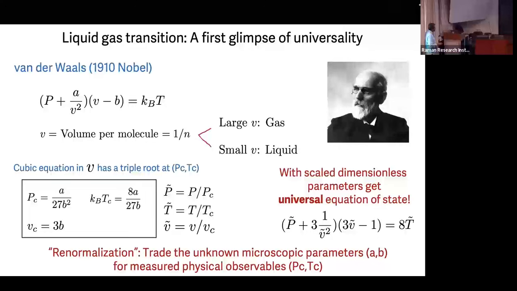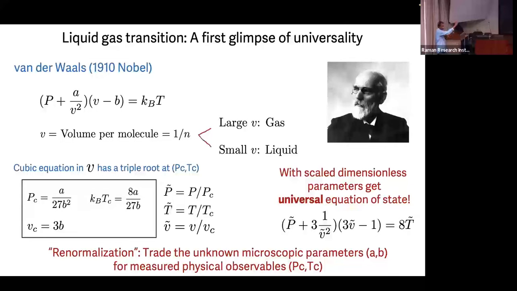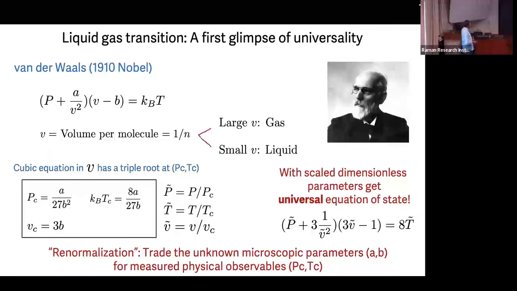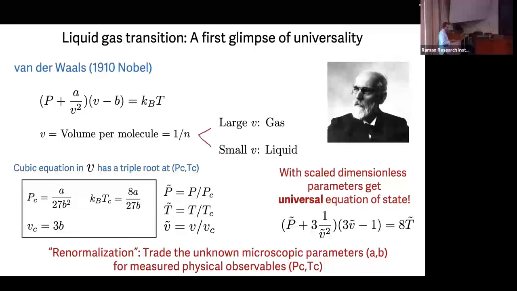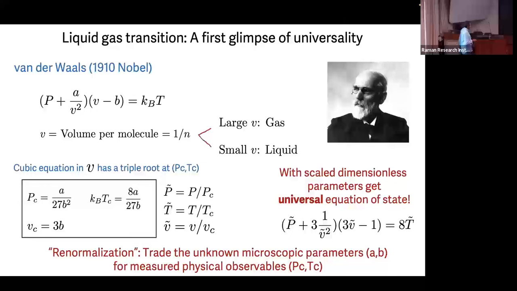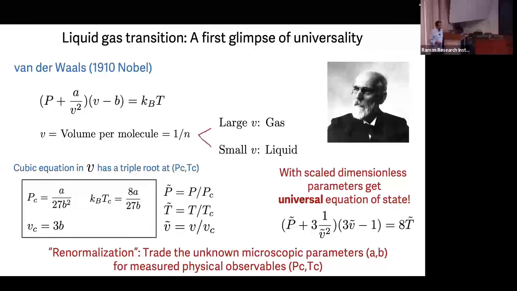And now you can say, well, what is that special point? It happens at a certain critical pressure and a certain critical temperature. So it's some special point in that PT phase diagram. And at that particular pressure and temperature, there is some critical volume per molecule. If you recast this equation in terms of some reduced pressure, which is pressure divided by this critical pressure, and some reduced temperature, which is T divided by TC, and so on,